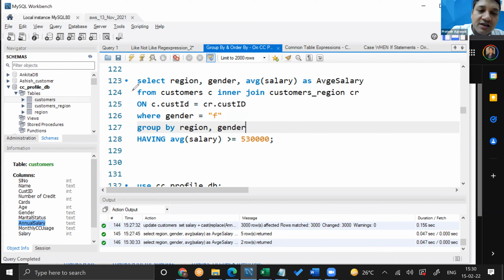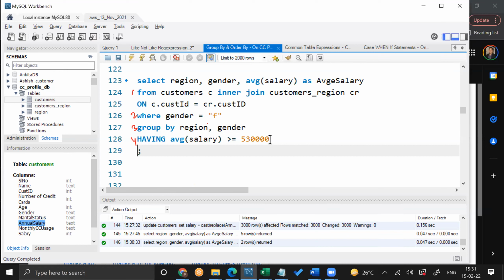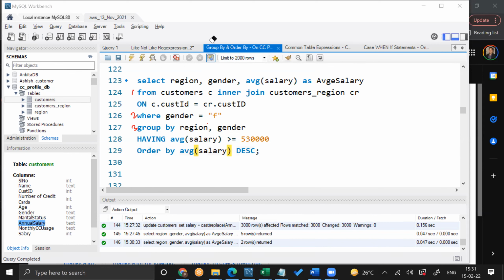So let's say, what is the execution sequence, guys? Everybody? From second, this, the fifth one will be the select one. Okay, one more thing I will add just for the fun of it. Suppose I want to sort the data by average salary. So order by AVG of salary in, let's say, descending order. Do you understand? First will be from, then where, then grouping, then ordering.